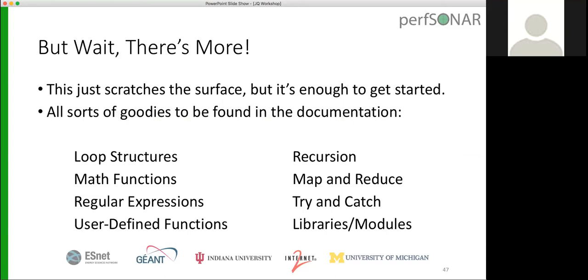You can do loop structures, recursion. They have sort of a primitive version of map and reduce. There's a whole library of math functions. You can do interesting things with regular expressions. There is a try and catch mechanism so that your scripts can try things and catch problems and react to them accordingly if you want them to. And as I mentioned, there's also a way to define your own user-defined functions, and there's also a mechanism for having